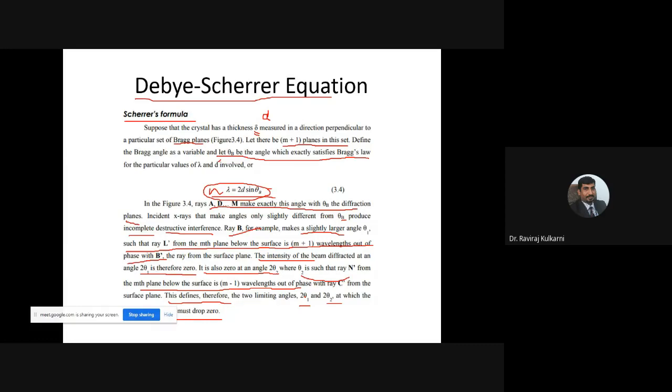So, what is this equation? D is equal to K into lambda divided by beta cos theta. The theta here is the half detector angle; the full detector angle is 2 theta. Half detector angle is